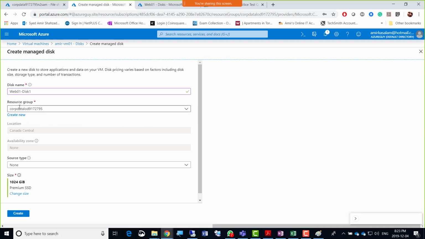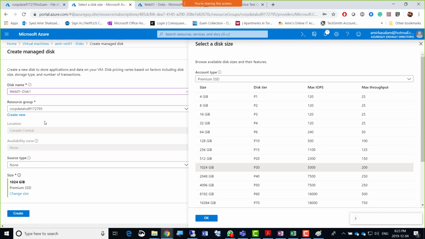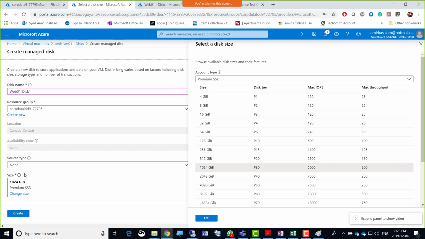Resource group is the same, and for the size, I'm going to change the size here to 80 GB. There is no fixed 80 GB, so I need to give a custom size here. Premium SSD, source type, snapshot, storage blob.